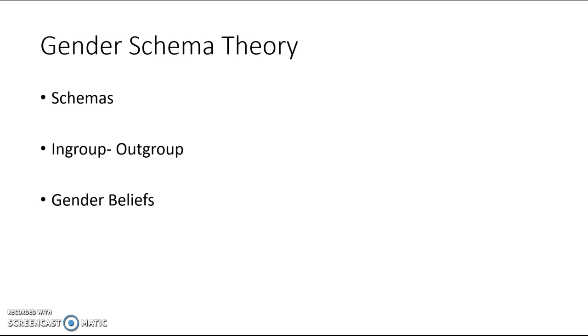And it's important to understand that this idea of schemas actually means that our gender identity and understanding of gender becomes quite fixed from an early age, and we have very set and resilient gender beliefs, and we can be quite strong in thinking that is not what boys do and that is not what girls do. So this is going to be linked to Kohlberg's theory we see in a minute, but schema plays a huge role in our understanding of our gender identity.